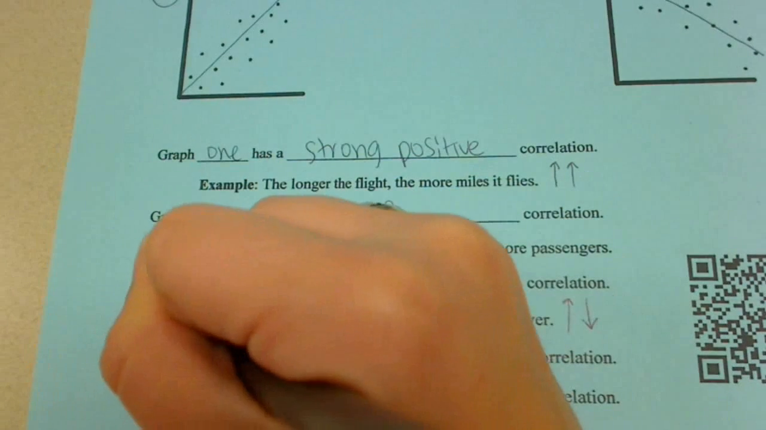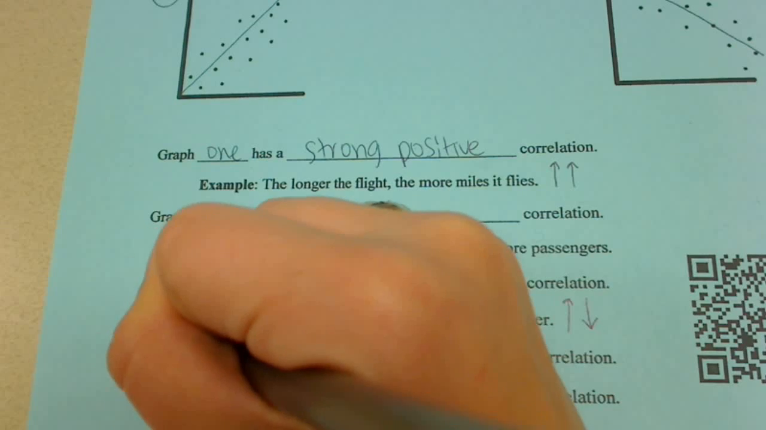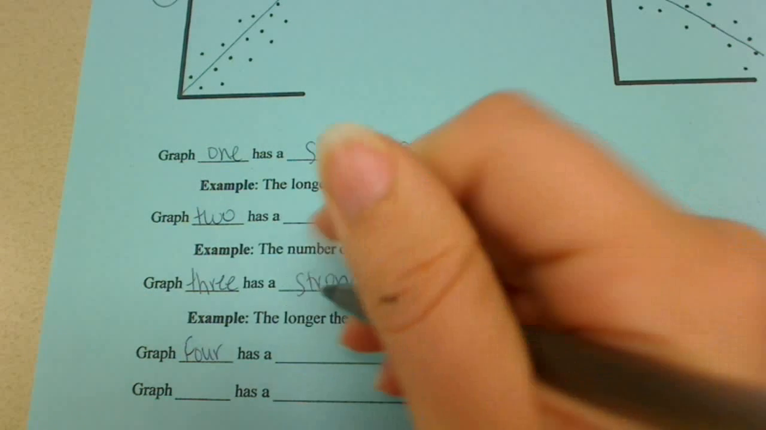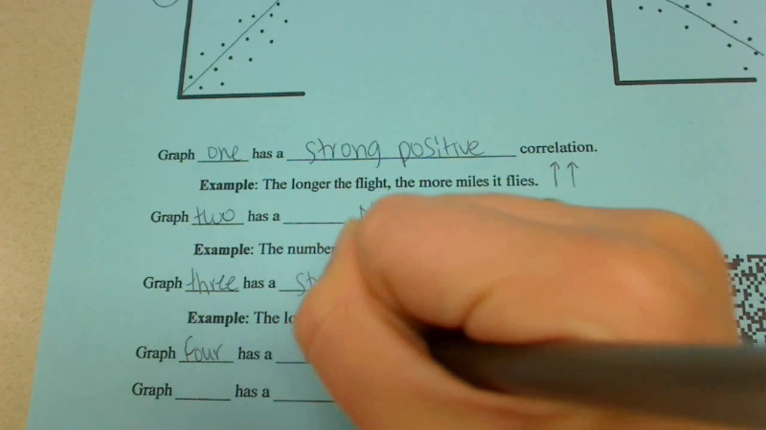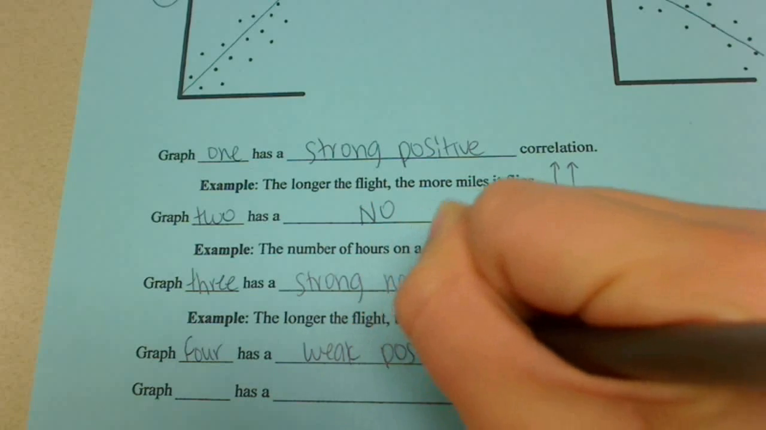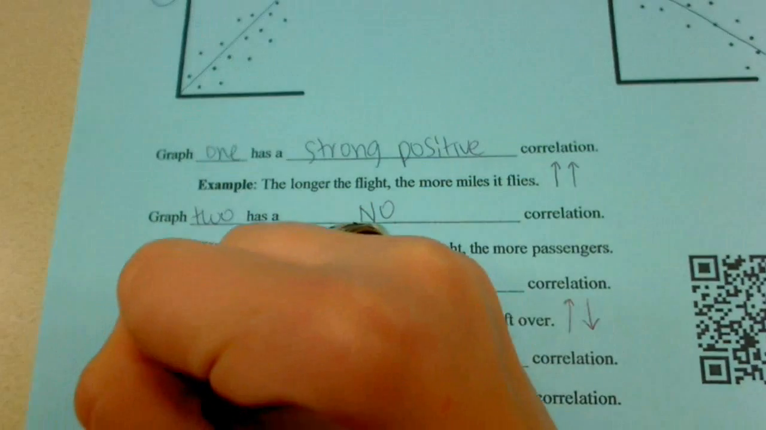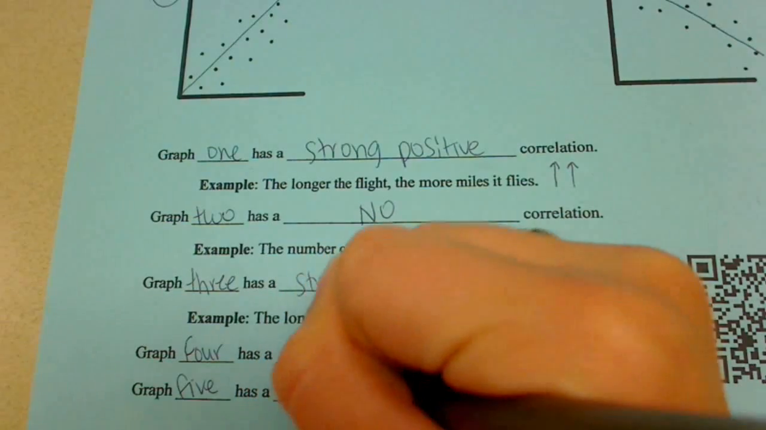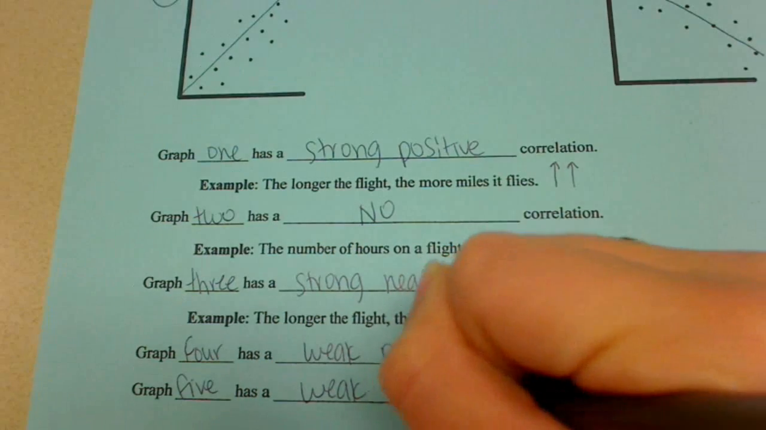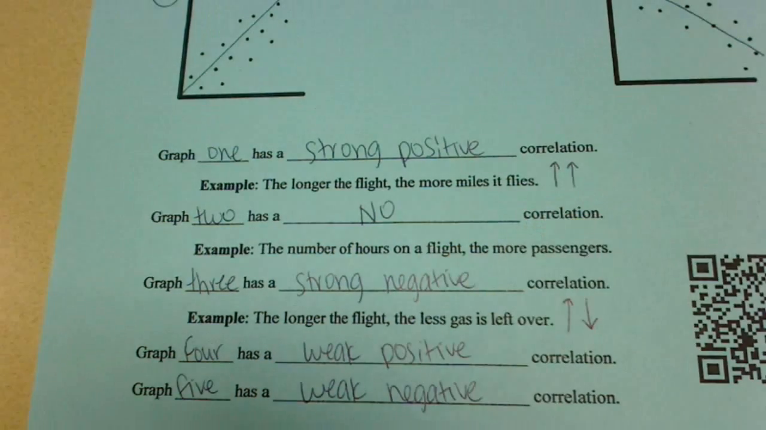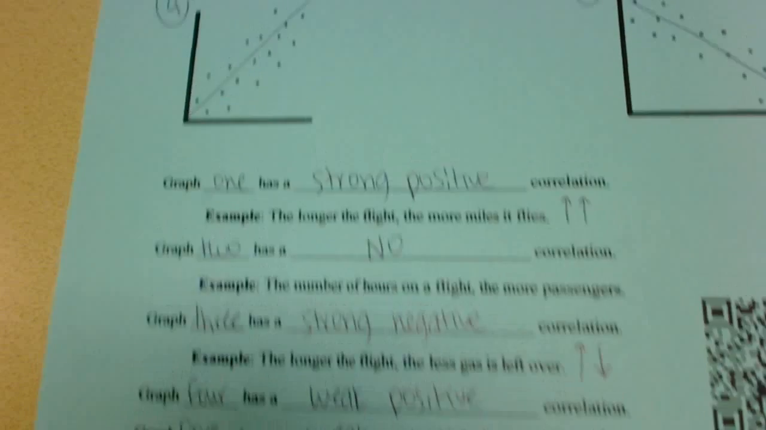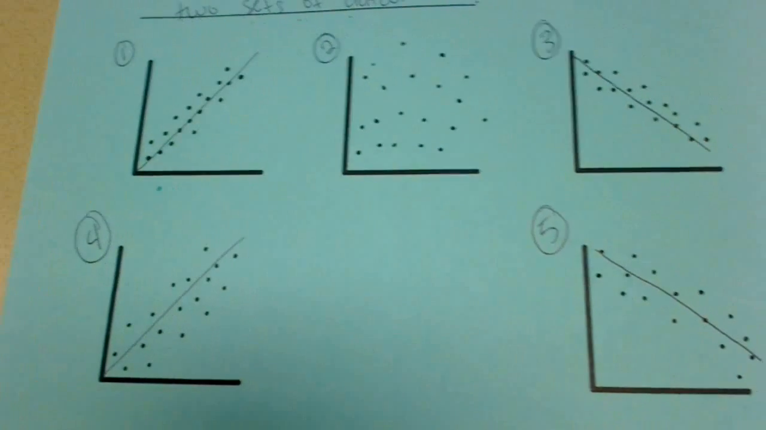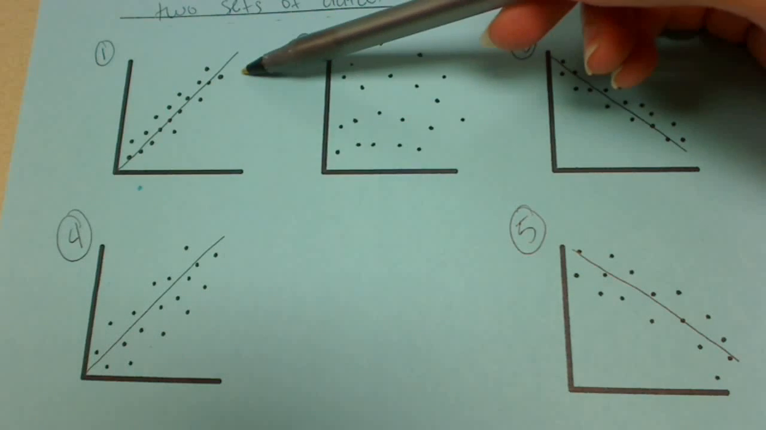Graph 4 has a weak positive correlation. Graph 5 has a weak negative correlation. What this means, if we take a look at graph 1 and graph 4,